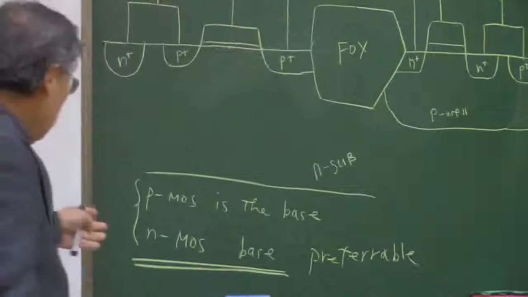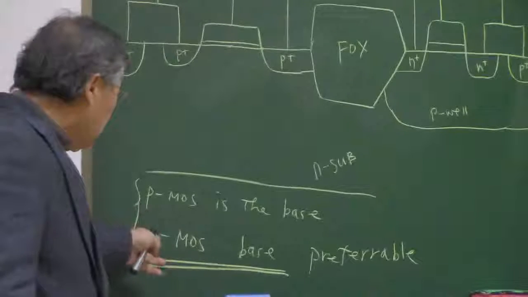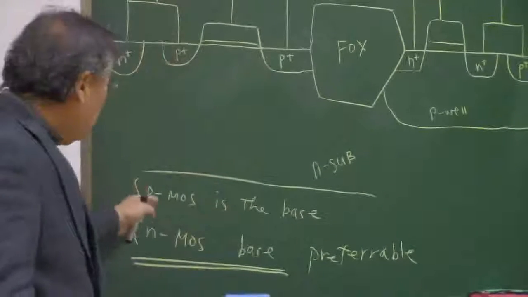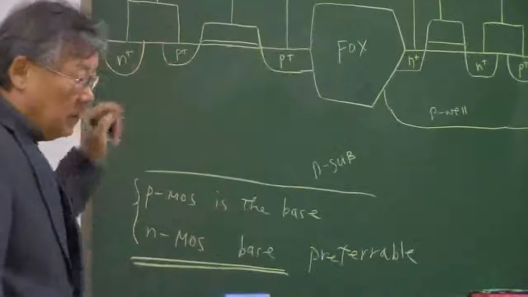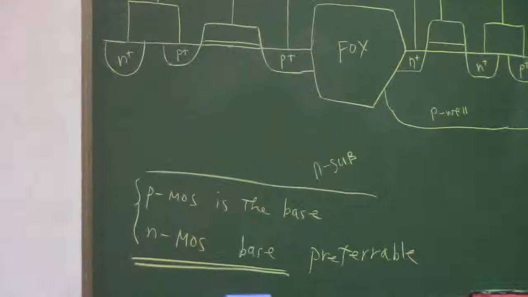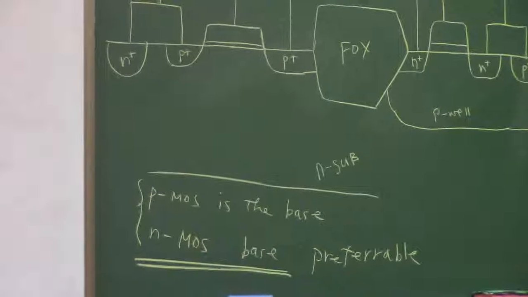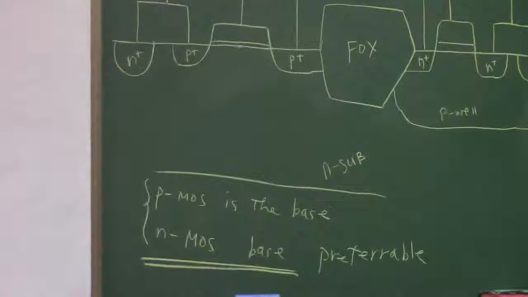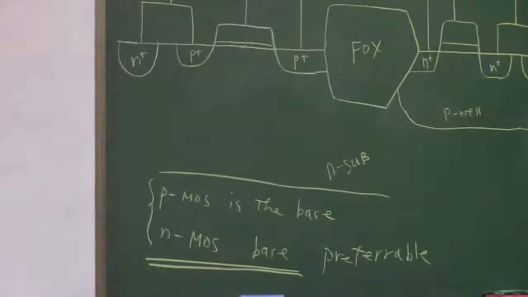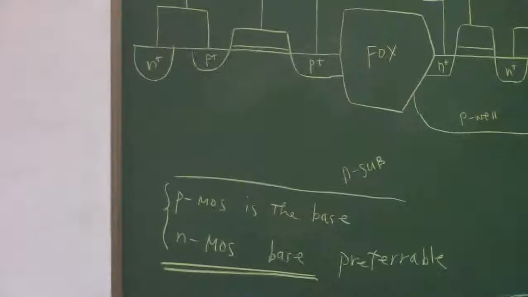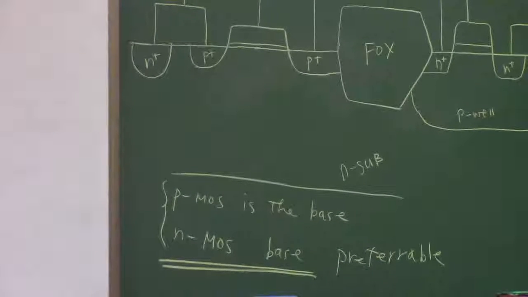And so you can adopt the NMOS based CMOS rather than the PMOS based CMOS. But in this lecture, we just have to go for the type that is shown on the board. And so let me just